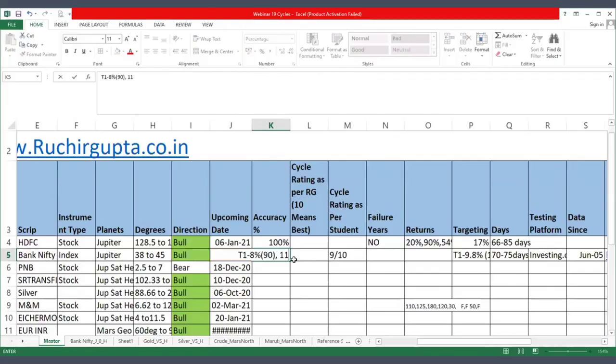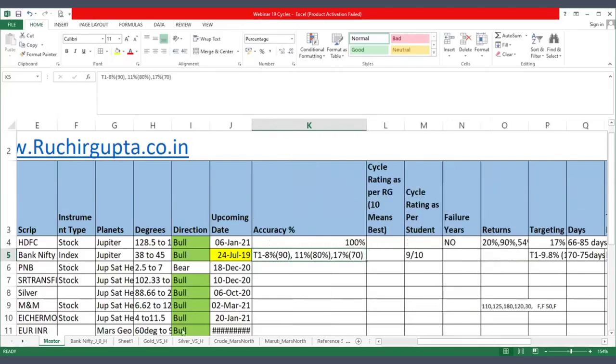Then 11%, probability is 80%. Then 17%, probability is 70%. This is something which we need to look at whenever we are going to trade in this. Now let's look at